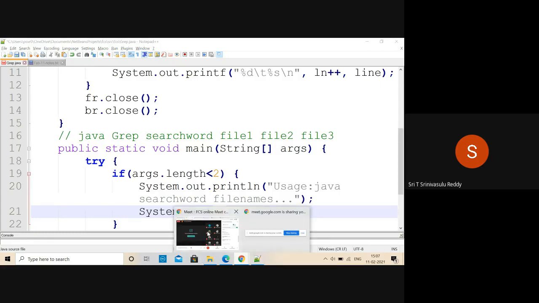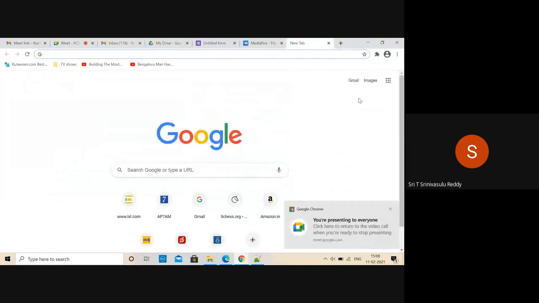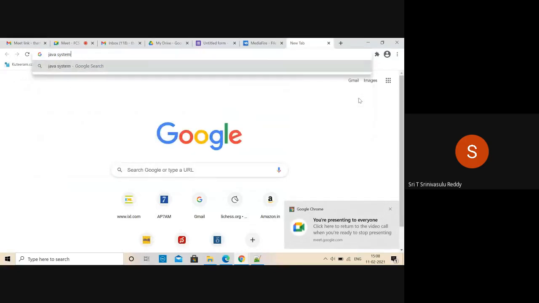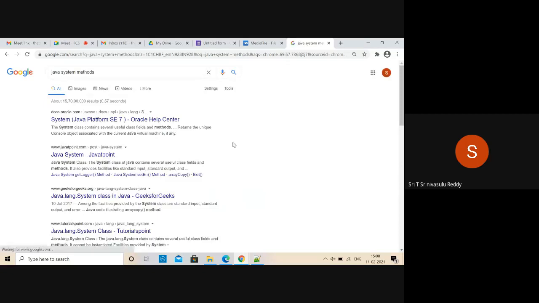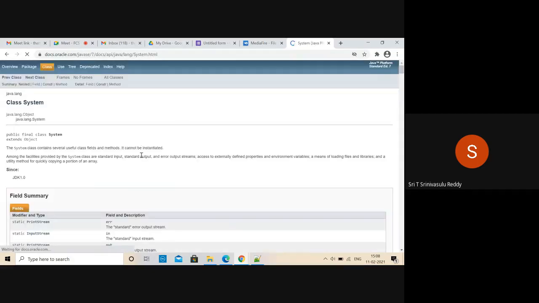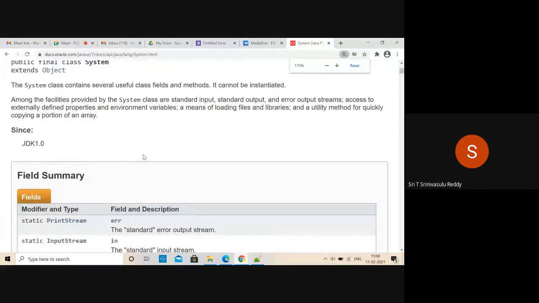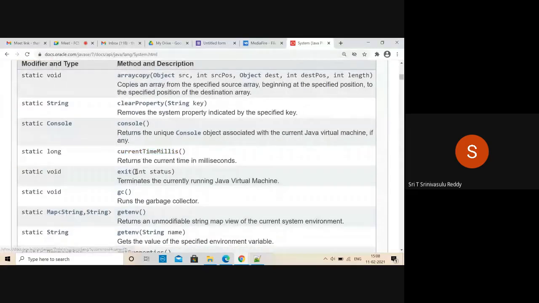Okay. So coming back to this, there is a way by which you can exit the total program anywhere for that matter, right? Let me show you what methods there are in the System class. There will be one method called exit that may or may not require a parameter. That's why I'm just looking at it. So these things you can see here.